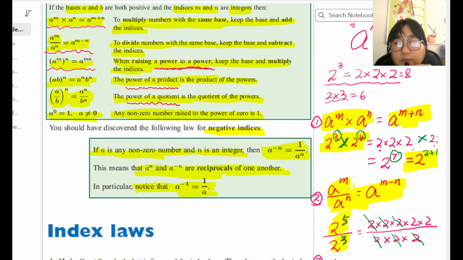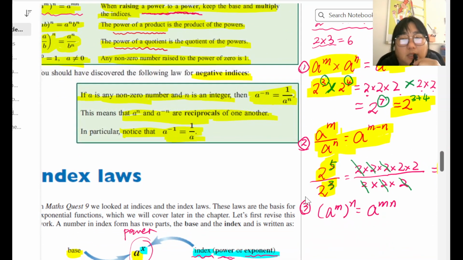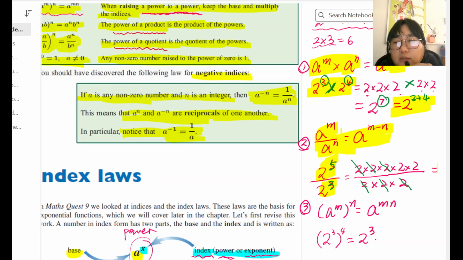So a to the power of m, outside is n, is equal to a to the power mn. mn here, without the symbol, always means times. That is what the algebra law told us, okay? So now we check this one, and we give you an example to see if it works or not. So 2 to the power of 3, and the top is 4, okay? So now what's that equal to? That means your base times by